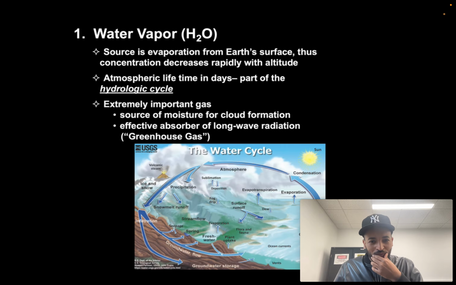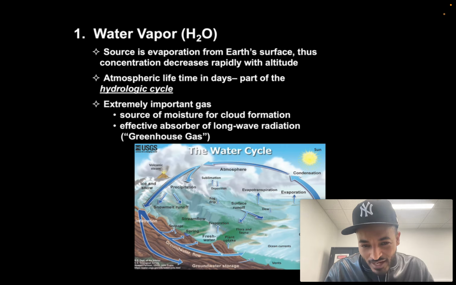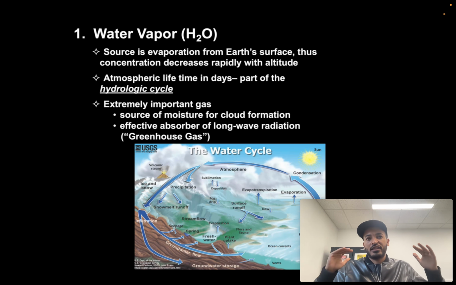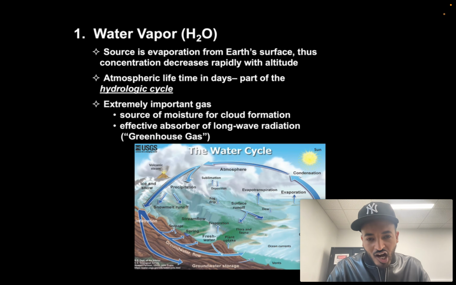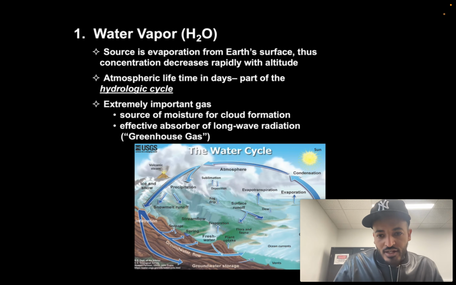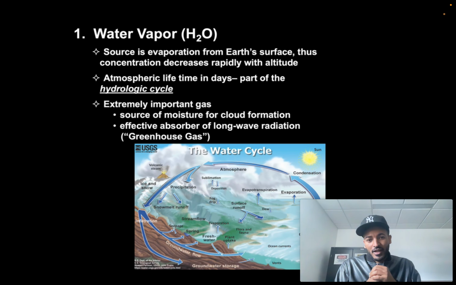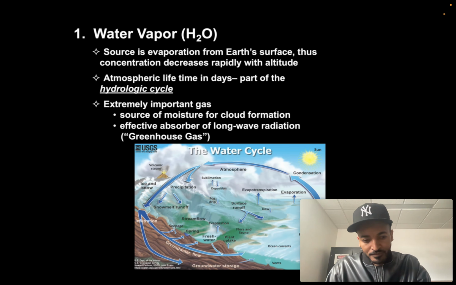The greenhouse effect, which I briefly discussed in the previous lectures, is a very important concept within the climate system, where these gases, when present naturally,